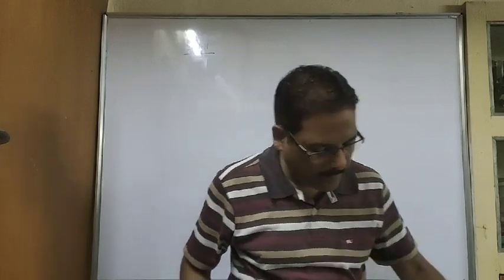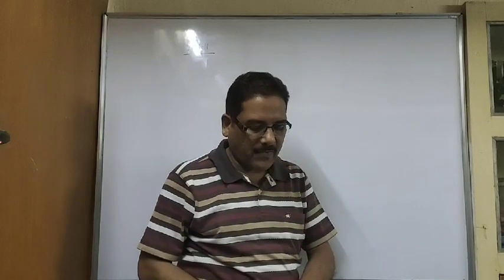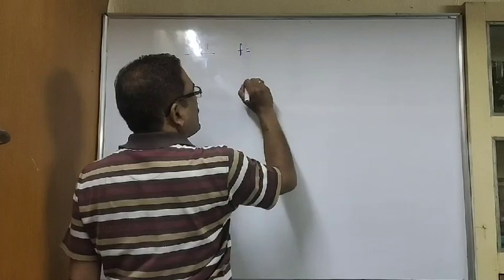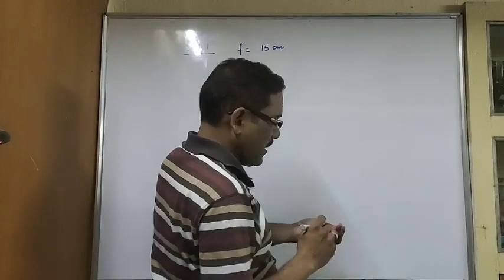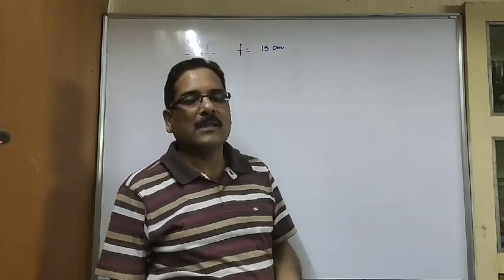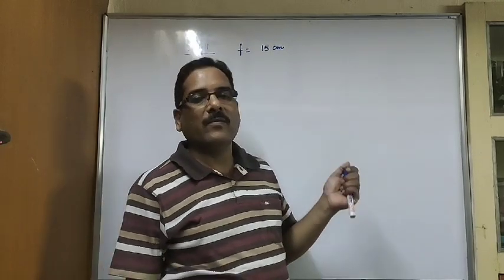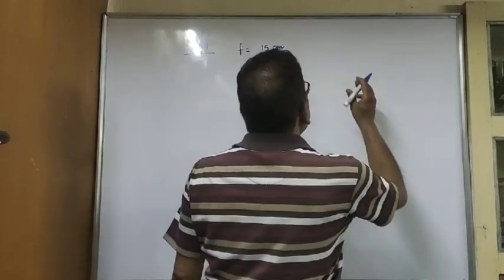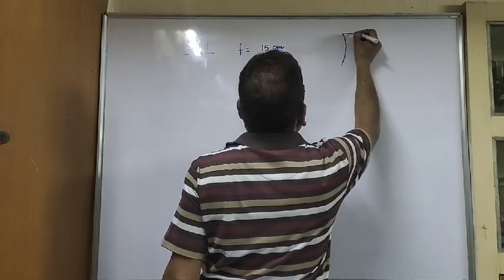Now the question is, a concave lens of focal length 15 centimeter. So the focal length of the concave lens is given, it is 15 centimeter. But when you are writing the given things, you must remember the sign convention and put the correct sign in front of the given values, then you will be able to solve it. So just recall about the concave lens. A concave lens is like this.